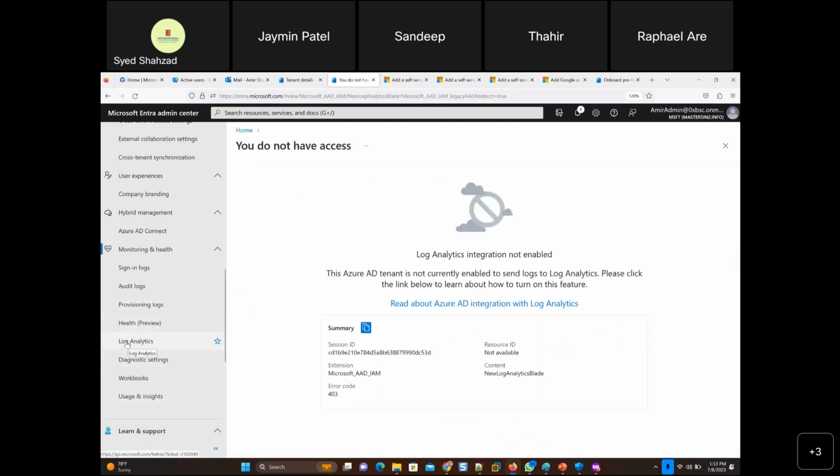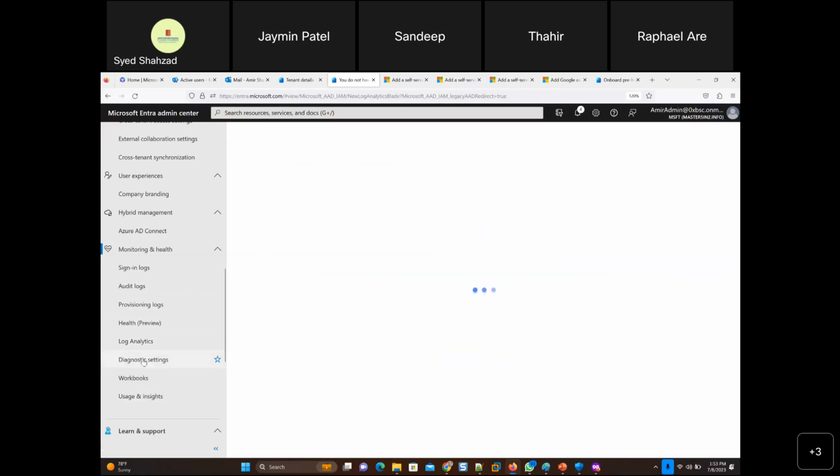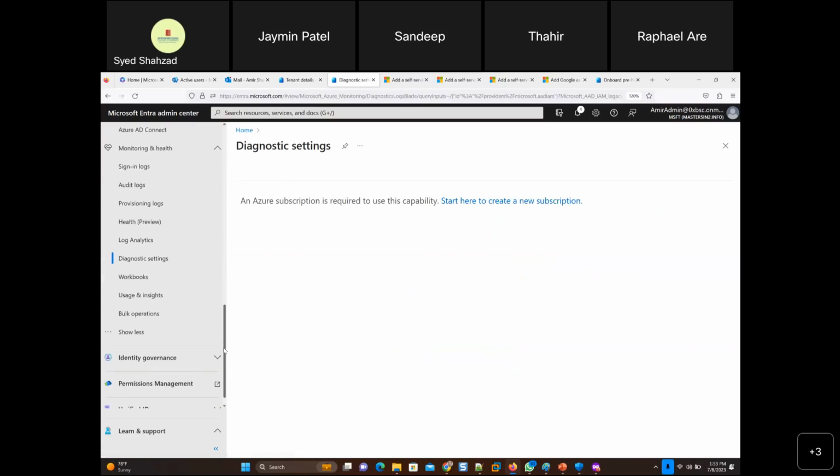Log analytics, yes, you have to enable that. If there are some applications that are creating log files and you want to analyze them and show the log activity in a fancy graph or charts, then you configure that. It does create a storage account in Microsoft Azure, and it costs you as well. Diagnostic settings here, and something is required to use this capability. Start editing. So diagnostic settings would just give you some reports about Active Directory, that what tool or what section of Active Directory was performing well, or if not well, then which tool was not performing well.